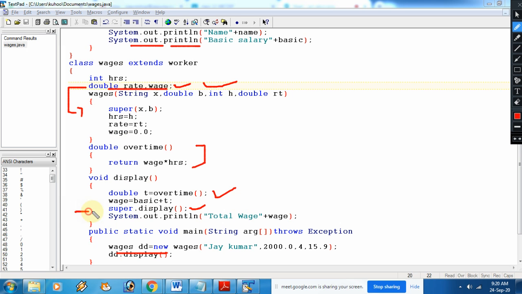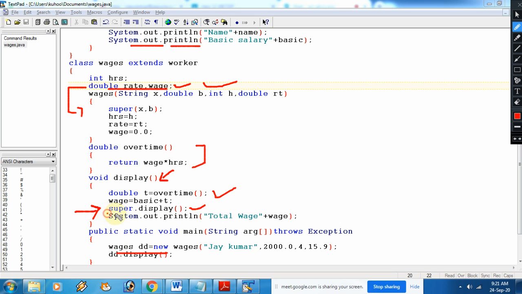This is very important. Is that clear? If you are not using the super keyword, it will generate infinite recursion, meaning it will call the subclass method display itself and continue infinite times. So this will create a problem for you. Okay, so the super keyword is very important.